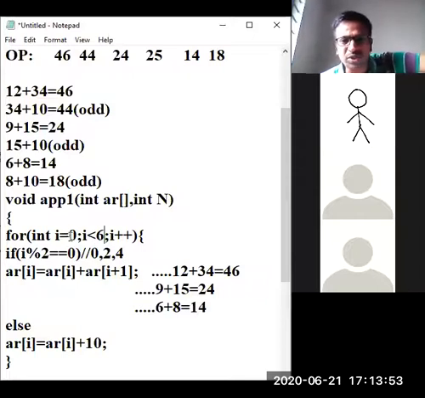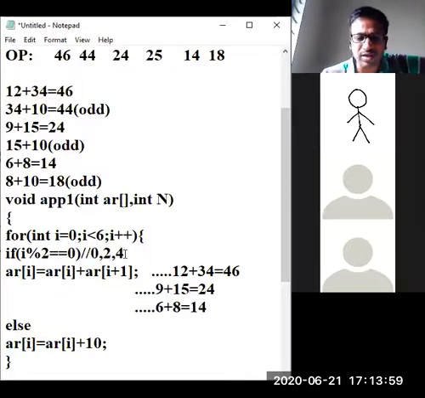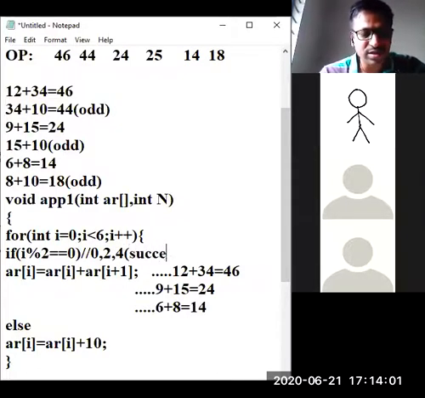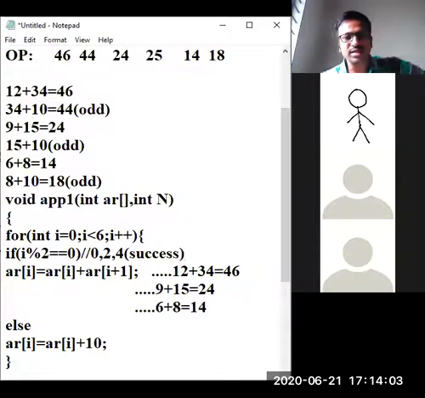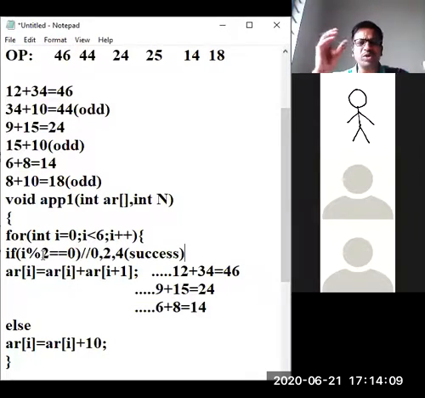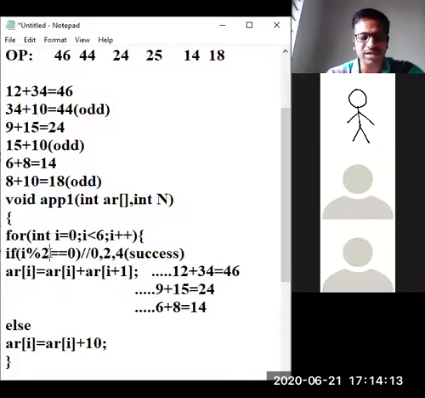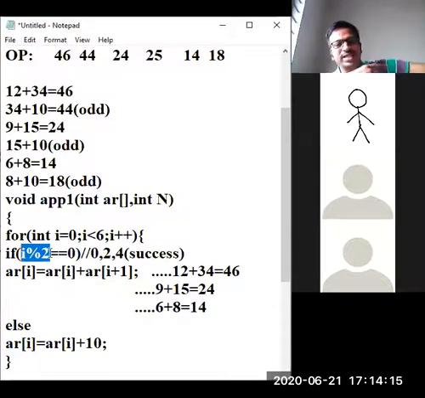Indexing starts from 0. 0 is true. This is going to be true. Even case, all success stories I have written here. All even positions when you divide by 2, simple math. See, this is not fallen from heaven, simple math logic. You have to remember these things forever. I may not remember, but you have to remember because your exam is there.